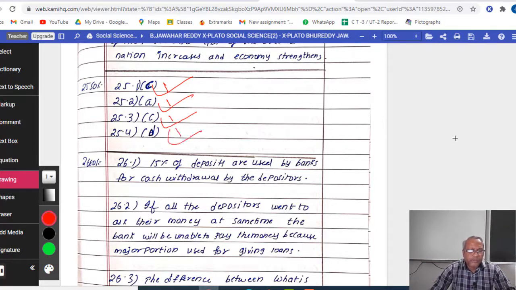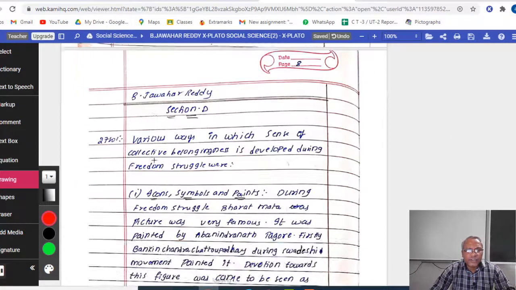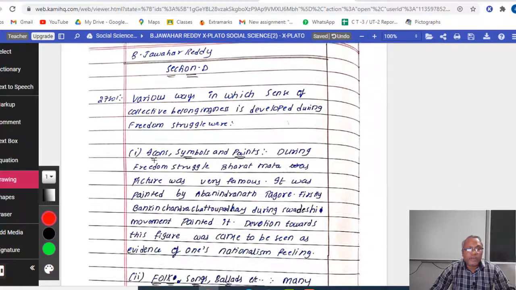So next is Section D. In this section, I will be correcting 3 five-mark questions. The first question is about the sense of collective belongingness.